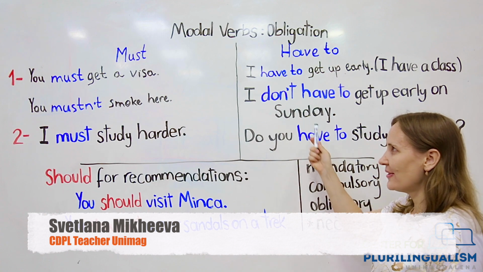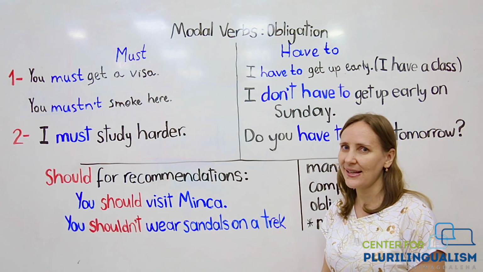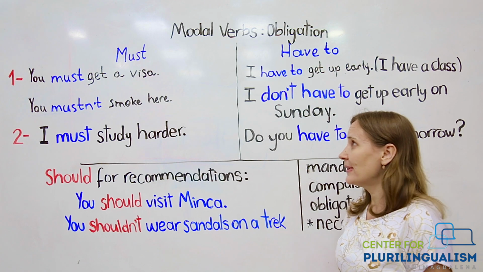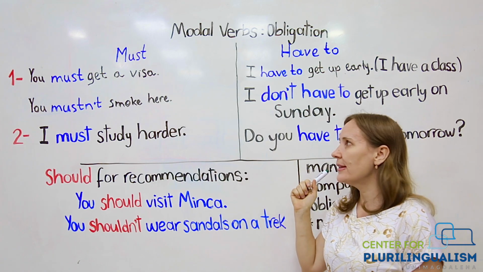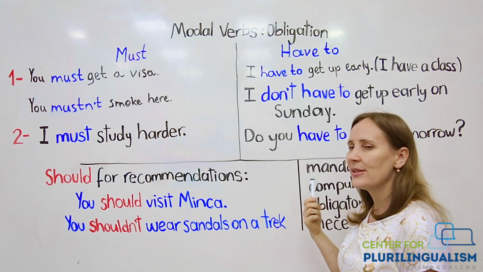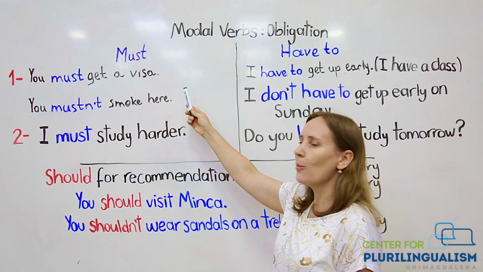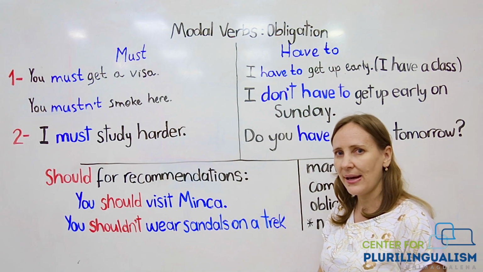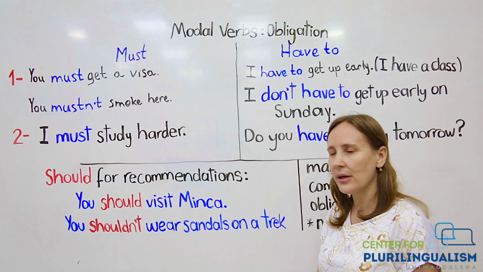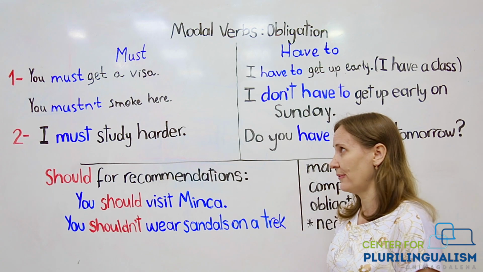So as you can see, there are different verbs that we can use when we speak about something that is necessary and important. For example, the first verb, must. It's a really strict verb that you use when you speak about rules or laws. For example, you must get a visa to travel to China. It's mandatory. You cannot travel there without a visa. You have no choice. You must get a visa for this.